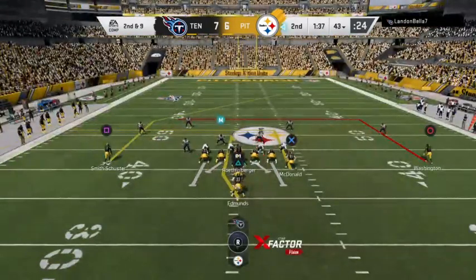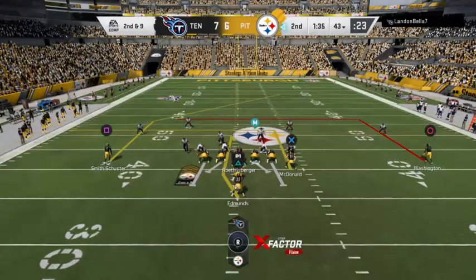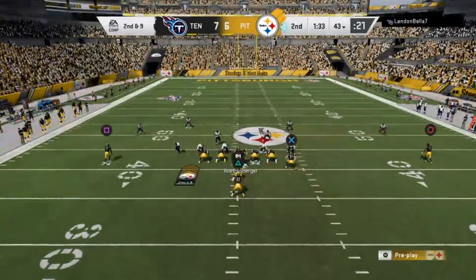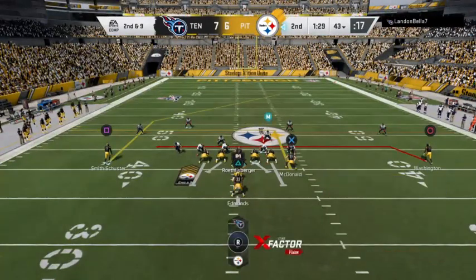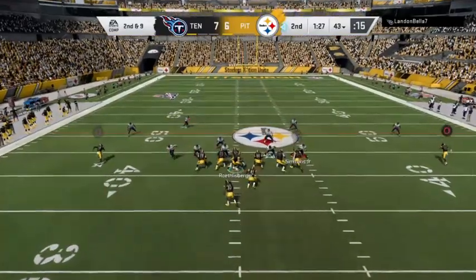Ready? 180. Watching your five. I'm coming. Double bump. Mike 55. Hey, eat. Oh,